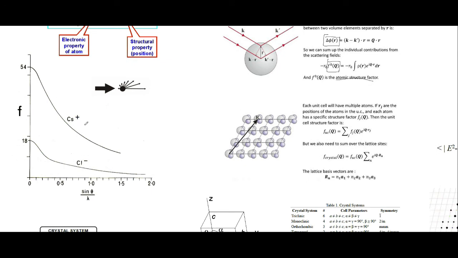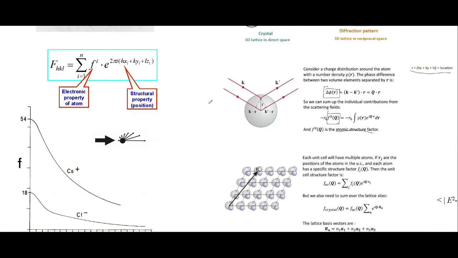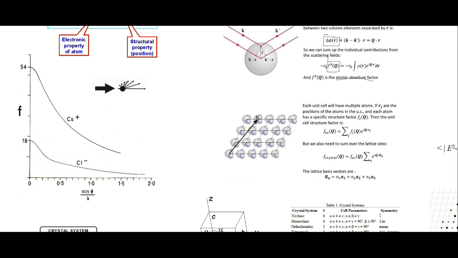The intensity of them, you can see here, is dependent on how the X-ray is diffracted off of the atom, or it depends on the angle in which it's diffracted off the atom. So you can see here with the angle down here, our structure factor is dependent on the number of